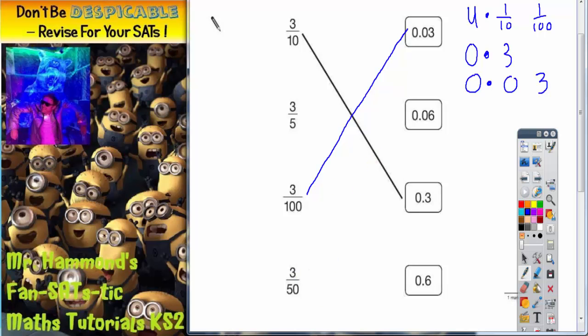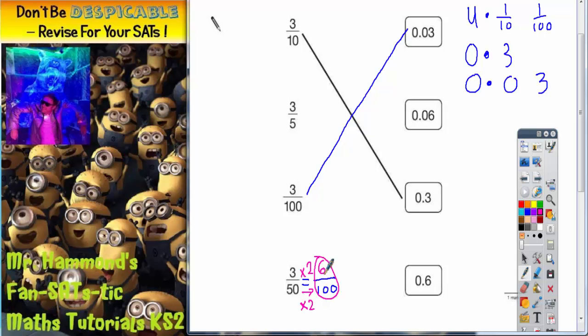Now I've got 3/50ths. At this point, the best thing we can do is to turn this into an equivalent fraction out of 100. So if we put equals something out of 100, and then think, well, what have we done to turn it into something out of 100? To get from 50 to 100, we've got to times by 2. So we'd have to do exactly the same to the numerator at the top there. We'd have to times by 2 as well. 50 times 2 is 100, and 3 times 2 is 6. So 3/50ths is actually the same as 6/100ths.